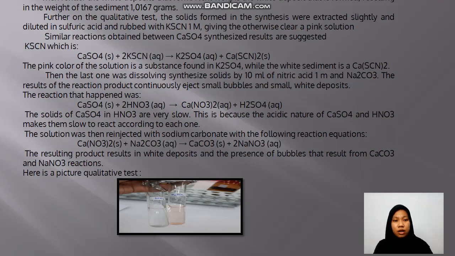The pink color of the solution is from a substance found in K2SO4, while the white